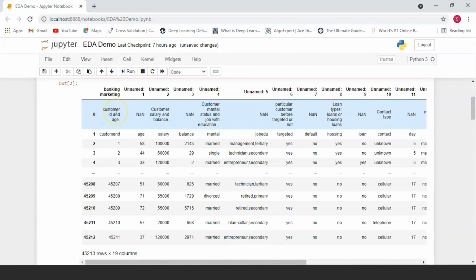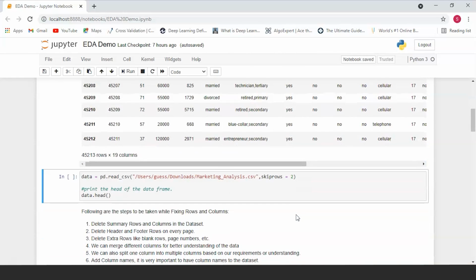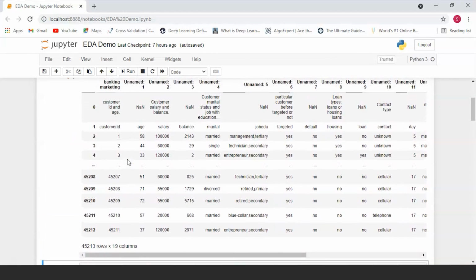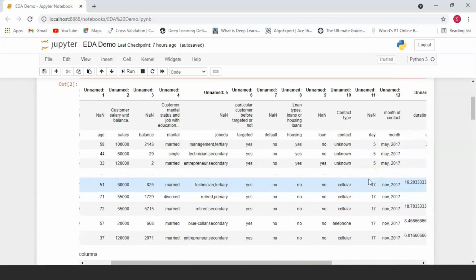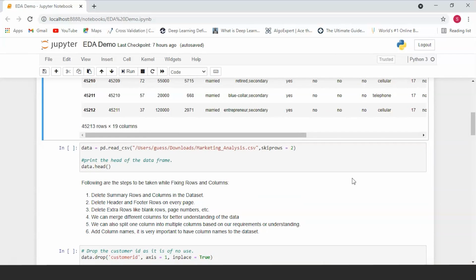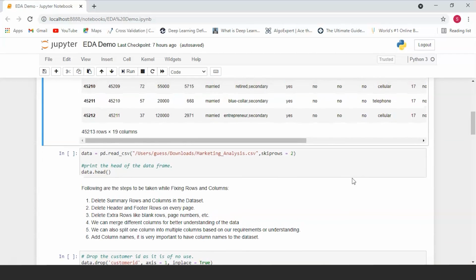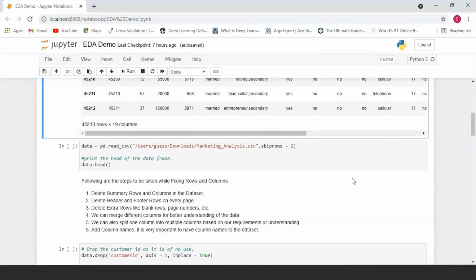The column names, which are supposed to be on top over here, are actually contained in the first two rows. And this very top row just contains completely useless values which you don't need. Now from here you can see that we have 45,000 rows and 19 columns in our data set. And over here you can see that we have a lot of unknown or missing values. So let's start with the first step of our exploratory data analysis, which is nothing but data cleaning.